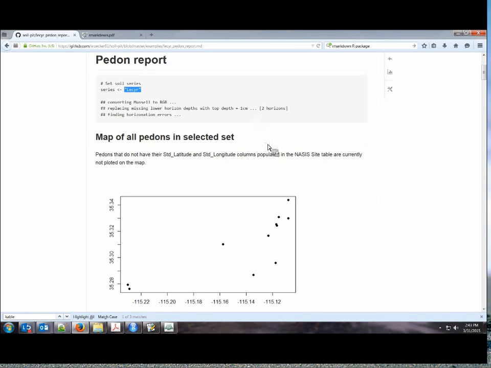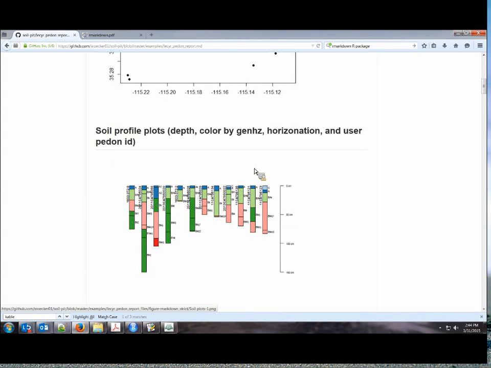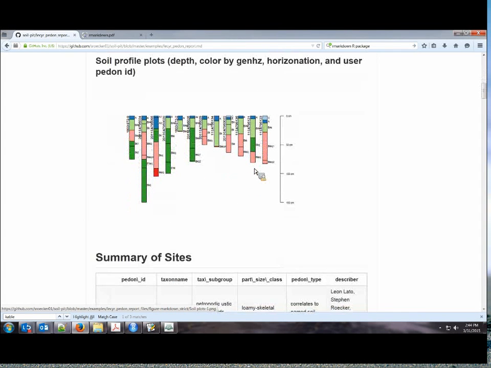As I've set it up to begin with, it pulls in a little map with the coordinates plotting everything out. Right now it's a pretty basic map. If it overlapped a couple counties, it would show the county boundaries, but for right now it's not anything fancy. If we were to keep going down, it would have some more of those profile plots,